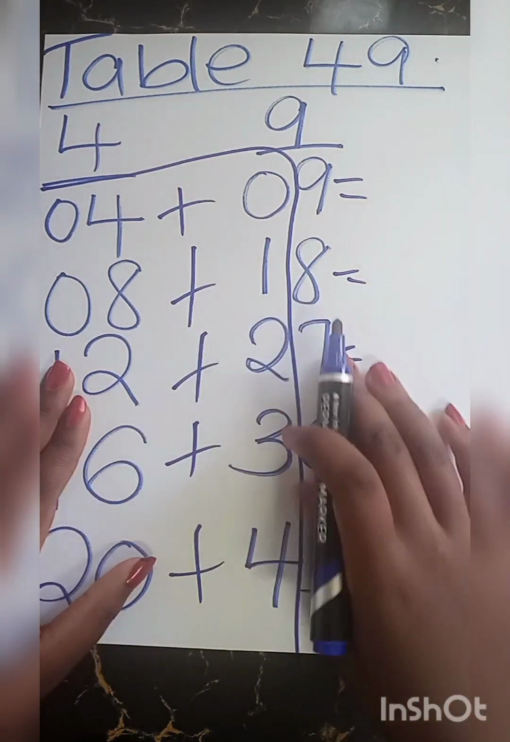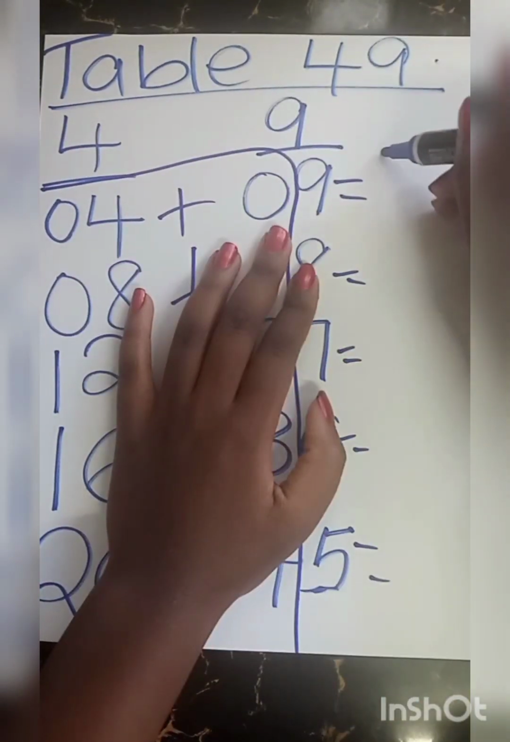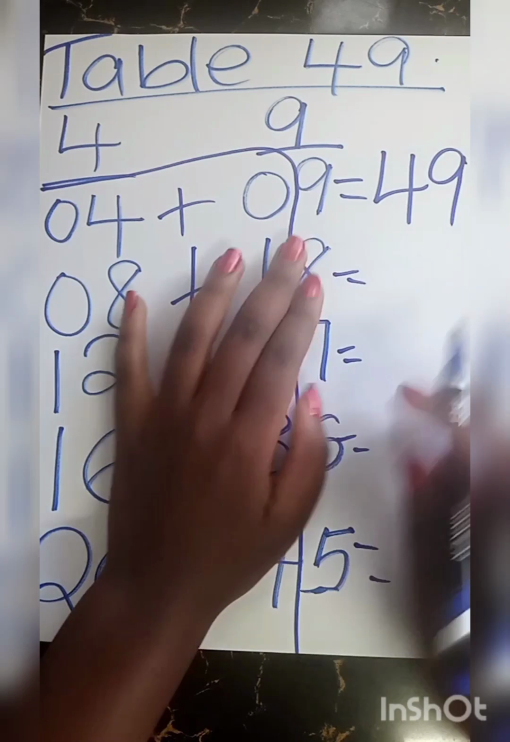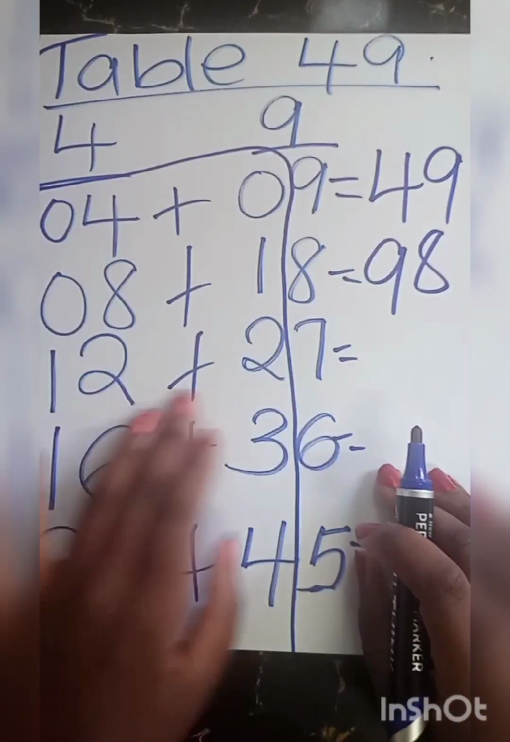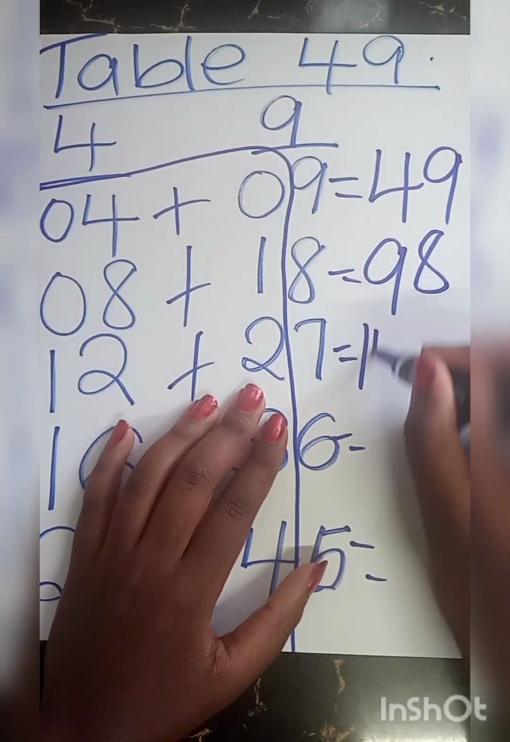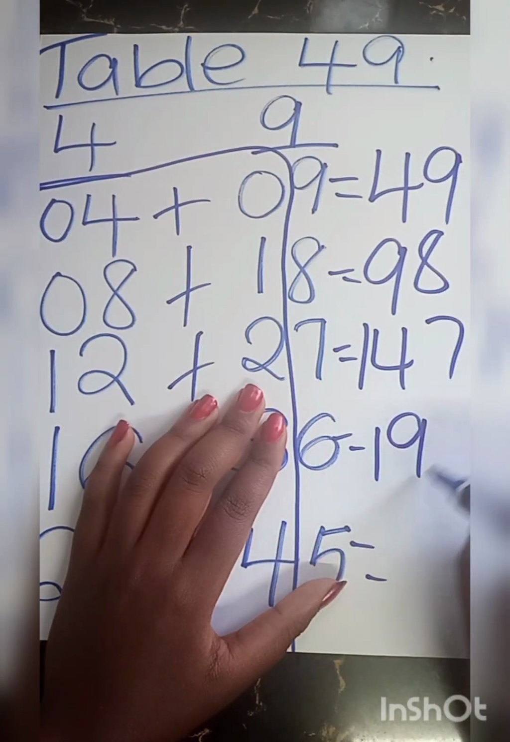Okay, so when you add this, what do you get? 4 plus 0 is 4, and then you retain the 9. 8 plus 1 is 9, retain the 8. 12 plus 2 is 14, retain the 7. So when you add this, you get